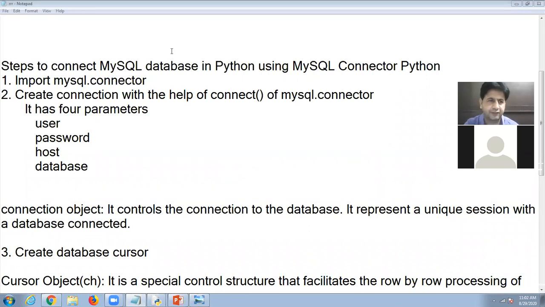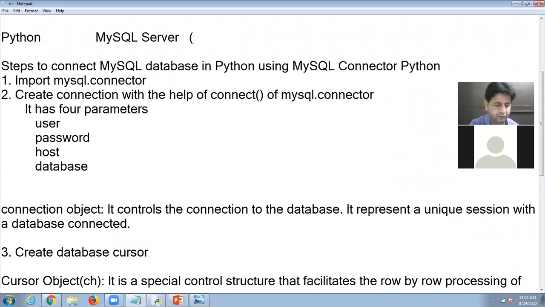Now in our syllabus, we have two things. One is Python, which is a programming language. And second is MySQL server. It is a DBMS software.